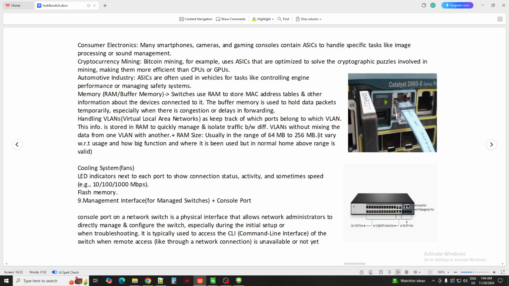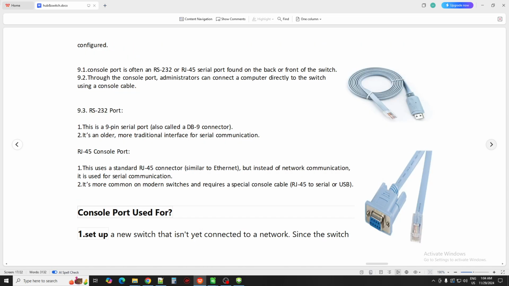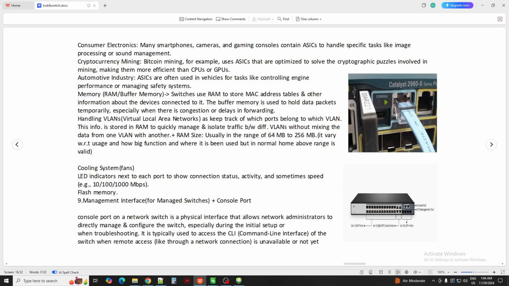Okay, now there is a management interface for managed switches, which we can call the console port. What really is a console port? It is just a port given, as you can see in the image. A console port on a network switch is a physical interface that allows a network administrator to directly manage and configure the switch.